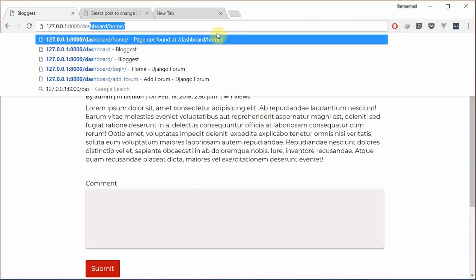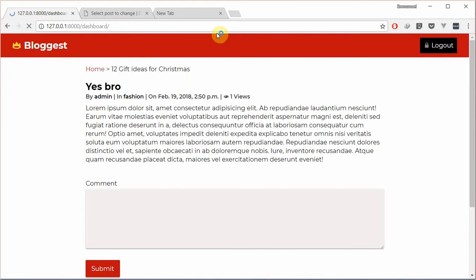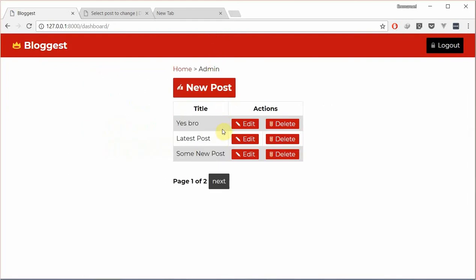What did I call this? Dashboard. Did you work? Yep, it's actually worked. Yeah, so we have the